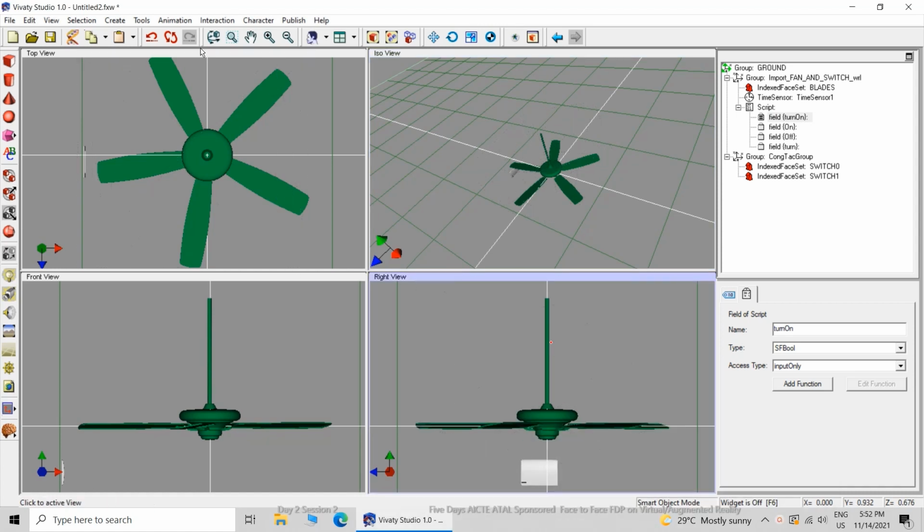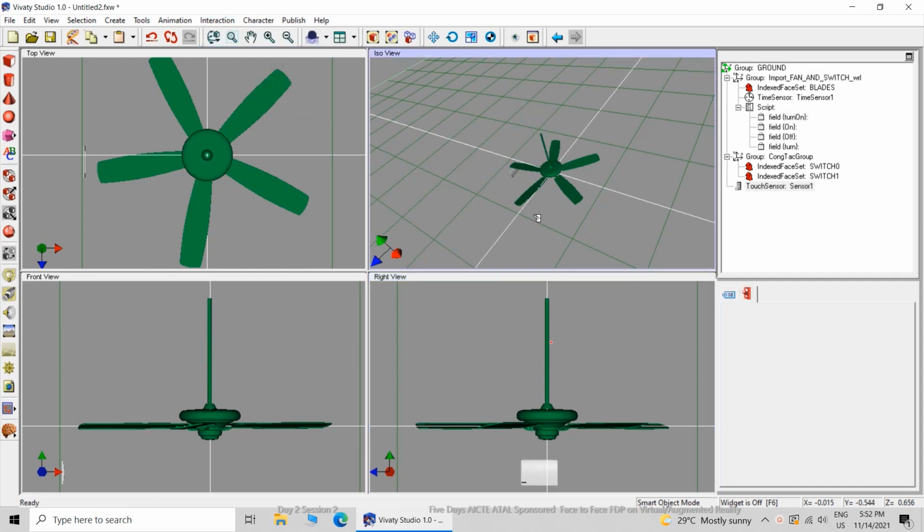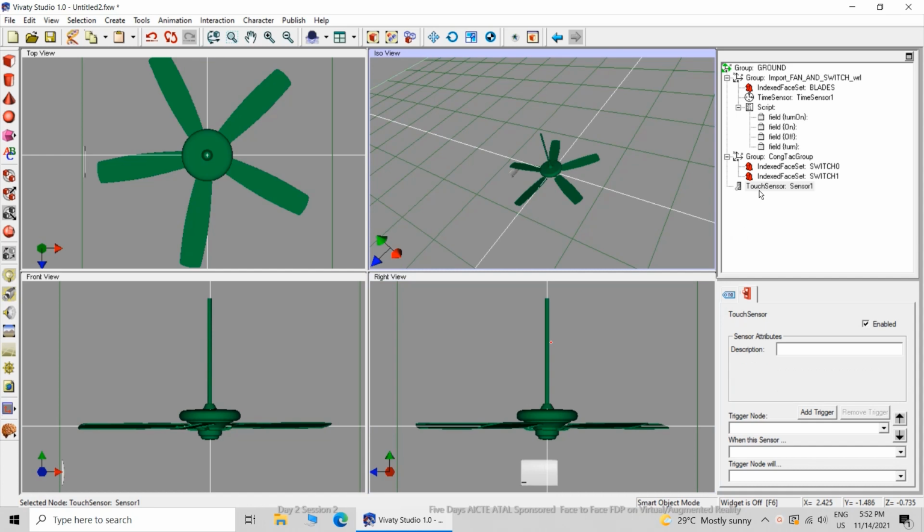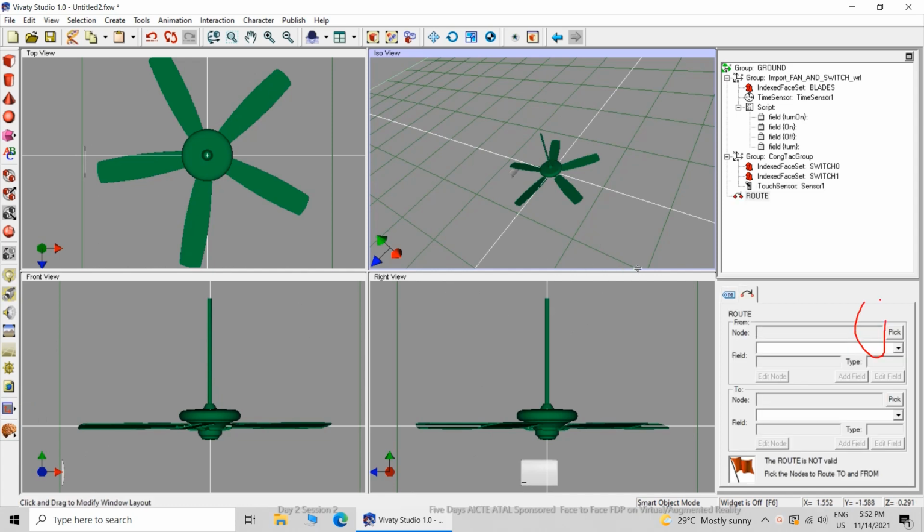Let us move to the next step, creating a touch sensor. I am placing the touch sensor. The touch sensor will be applied to the fan switch. It is enabled.